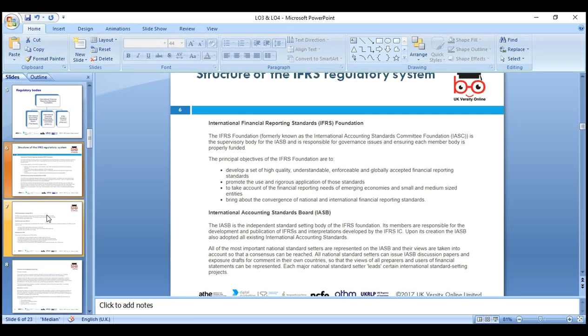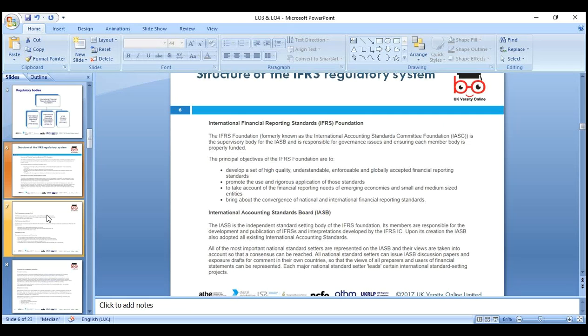We can categorize them, but it should be treated as, and then we can create a liability, which we'll go through further. To take into account financial reporting needs, emerging economies like China, India, and various other small and medium-sized entities bring national and international financial reporting standards together, and we can set the common rules and common ground and provide good information.